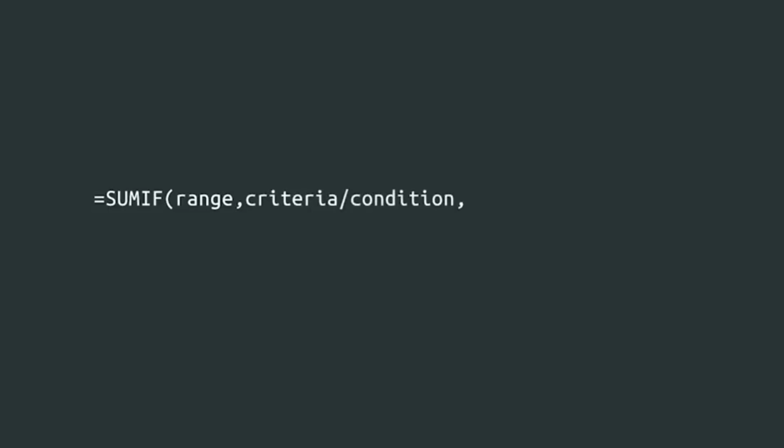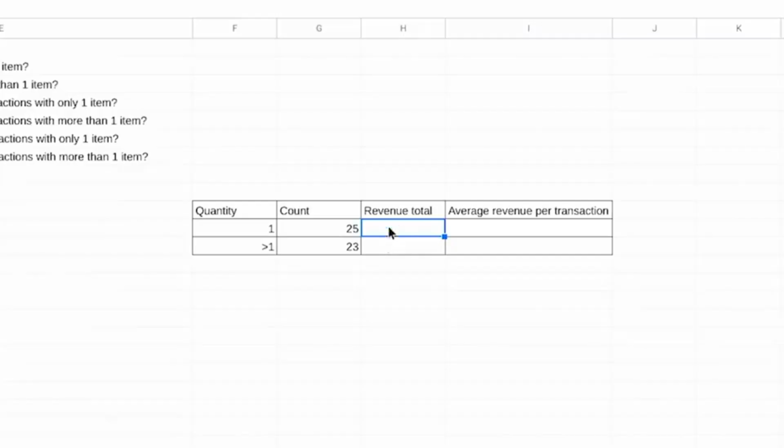In other words, SUMIF has a list of cells to check based on the criteria you set in the formula. Then the range where we want to add the numbers is placed in the formula if that range is different from the range being evaluated. There's commas between each of these parts. Adding a space after each comma is optional. So let's try this. In cell H11, we'll type our formula.